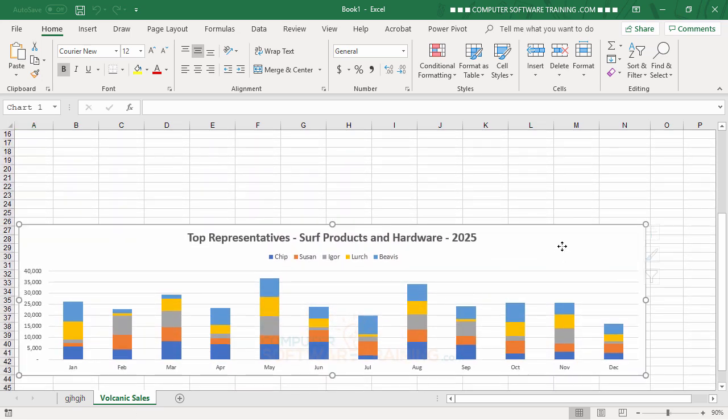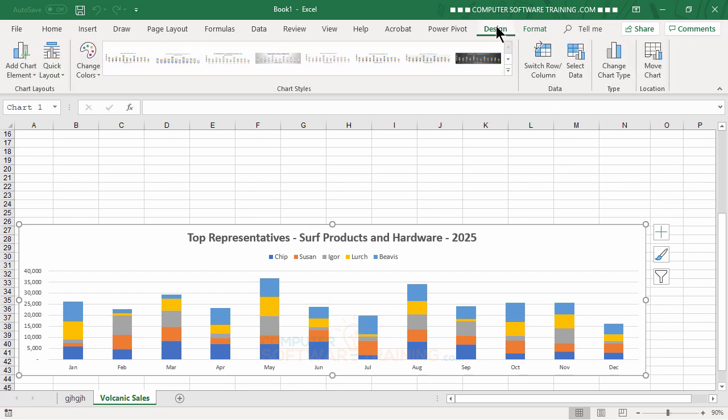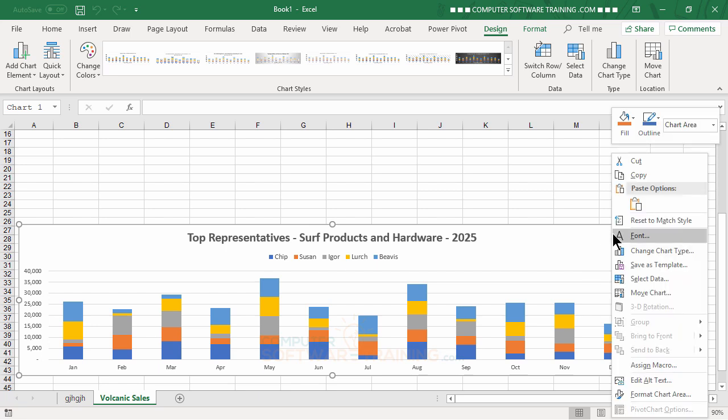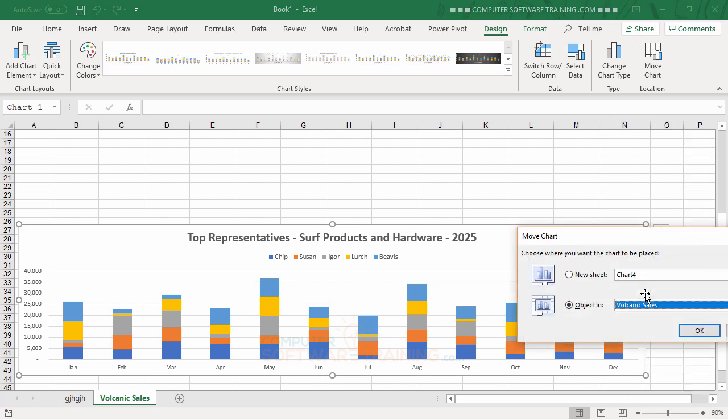I can click onto that, go back up into design, or what I can do is I can also just do a right click on the graph, and I've got a choice there called move chart. So I click onto that, and I tell it that I want that to go onto this other sheet. All right, here we'll do this. We'll call that one Maui. All right, so hit OK on that,